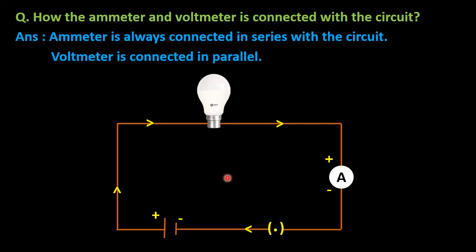And if we want to measure the potential difference across the bulb, then we must connect the voltmeter in parallel with the bulb. So in this way we connect the voltmeter in parallel with the bulb. At this point, the current finds two paths to go, one through the bulb and one through the voltmeter. Only a small amount of current will flow through the voltmeter and the rest of the current will flow through the bulb. Because of the division of the current along the two paths, the two components, the voltmeter and the bulb, are in parallel combination.